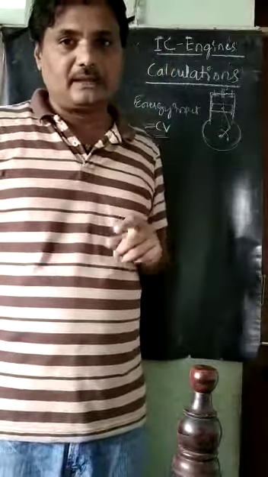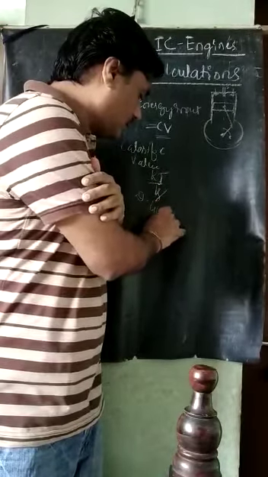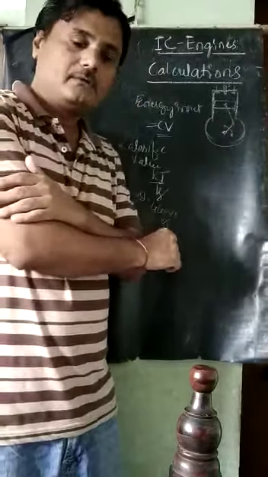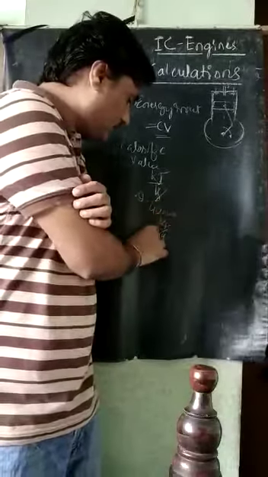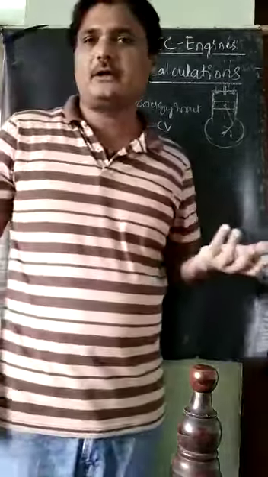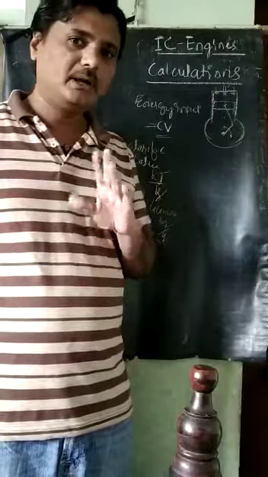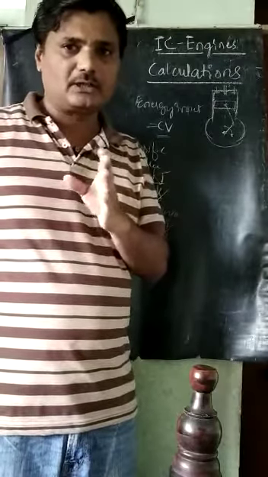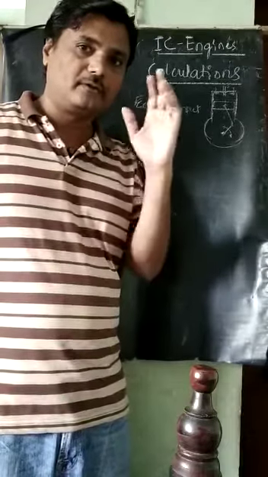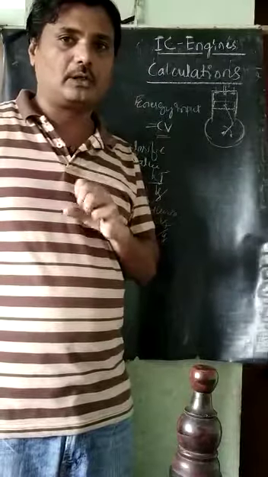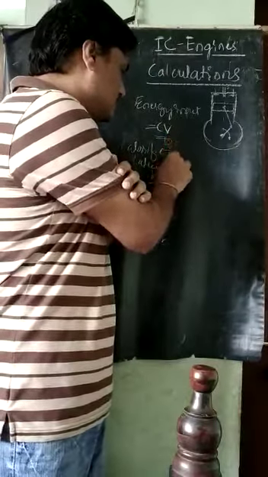For diesel, the calorific value is usually 44,000 kilojoule per kg. For petrol, it will be more than this, 46,000. Sometimes diesel is also 42,000. It depends on the density and specific gravity. So different varieties of diesel are available here, but it is in the range of 40,000 to 43,000, 44,000 kilojoule per kg for diesel, and up to 46,500 for petrol. The unit of calorific value is kilojoule per kg.